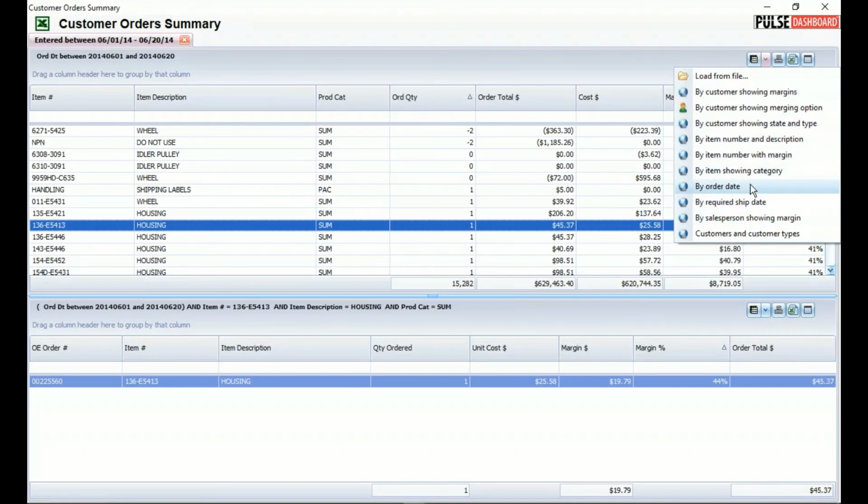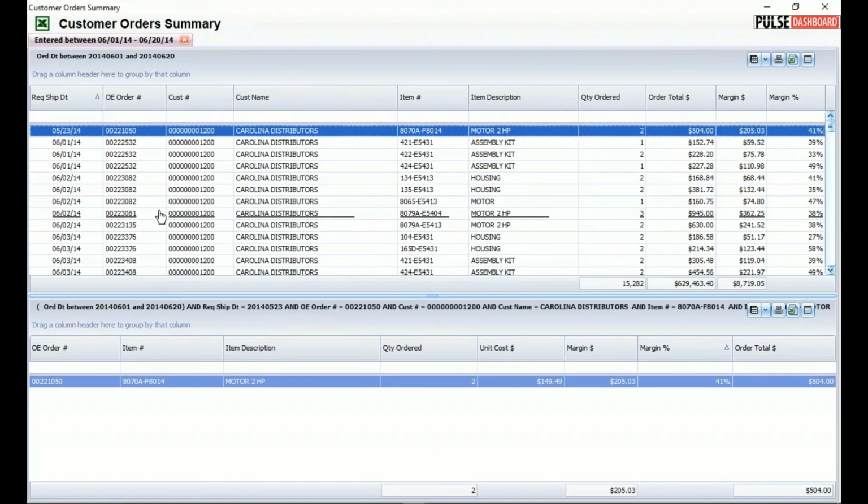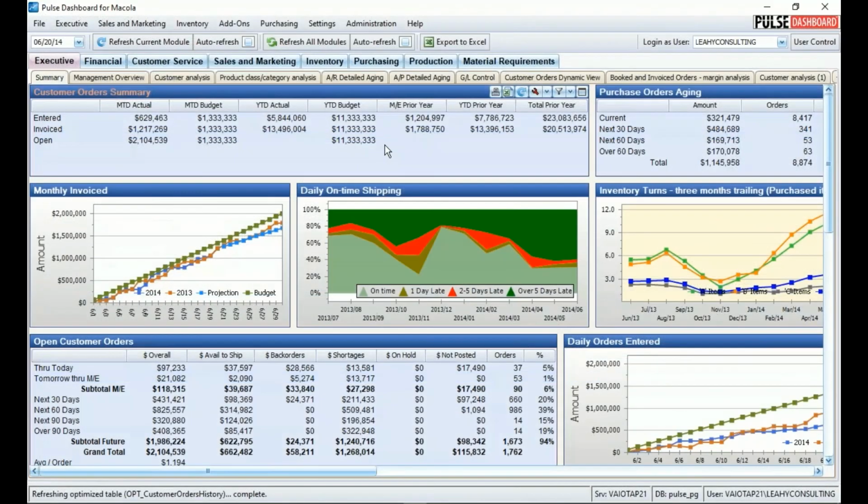So you can pre-store a whole bunch of different ways. This is what we call our save and share. In my case, I have a couple things by customer. I have some by item. I have one by required ship date, so I can look at it by date. So that's another little bonus: whenever you drill down, you can have different ways of looking at things. Even at this level, I can hit export. I can click on this E or the print image, these icons,